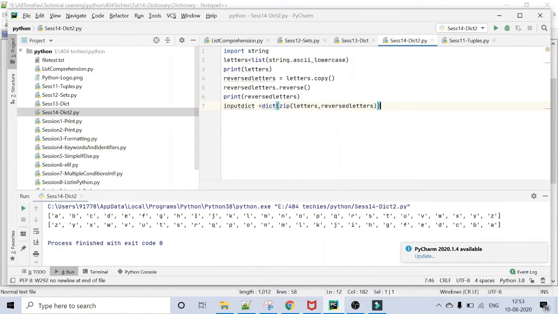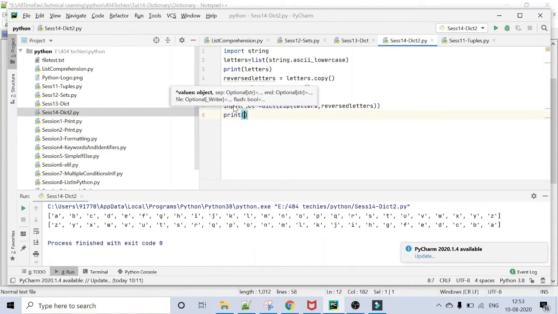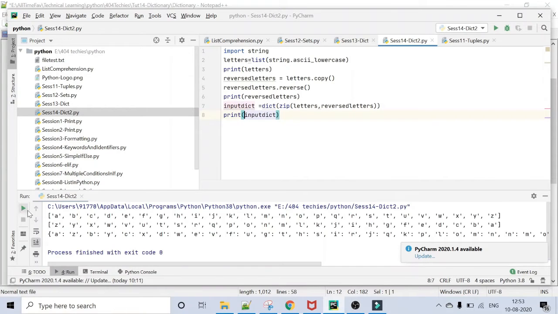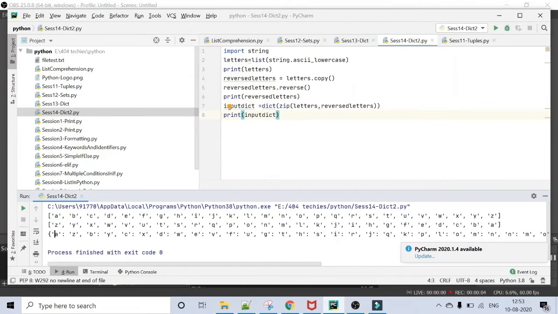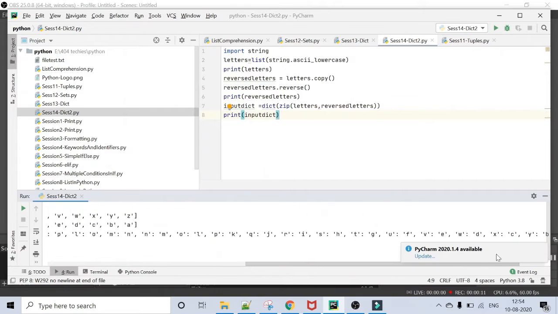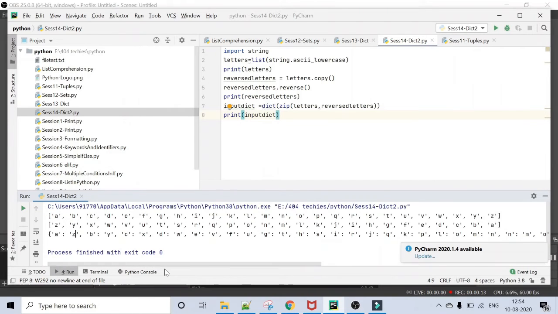If you want, I can print and show the dictionary. So if you see here, a is mapped to z, b is mapped to y. Likewise it is done till the last. So we have the input dictionary.